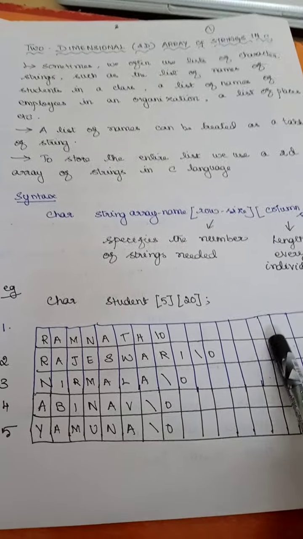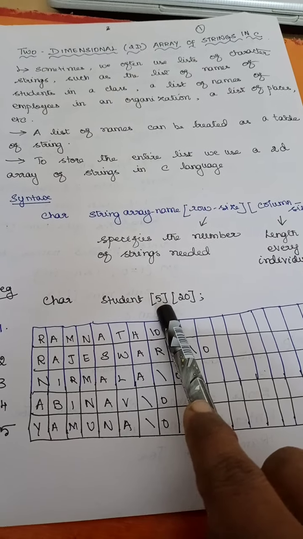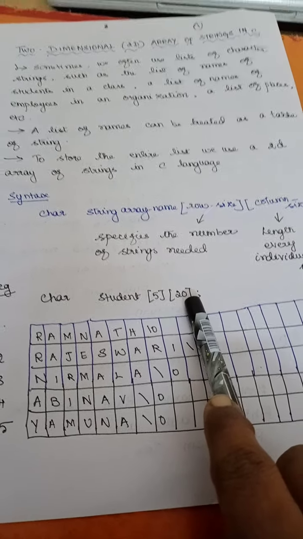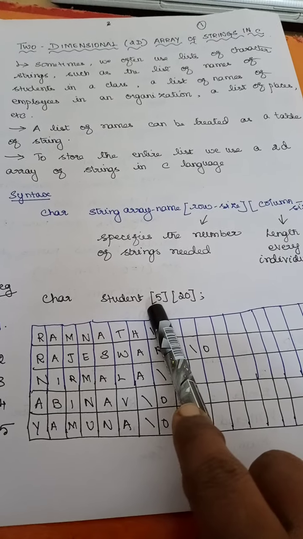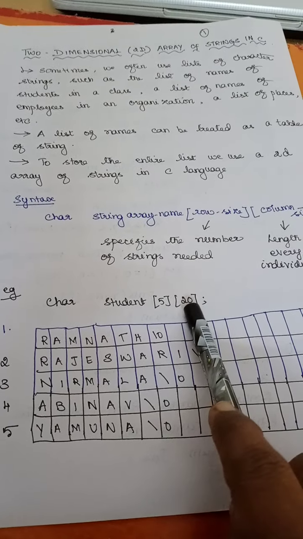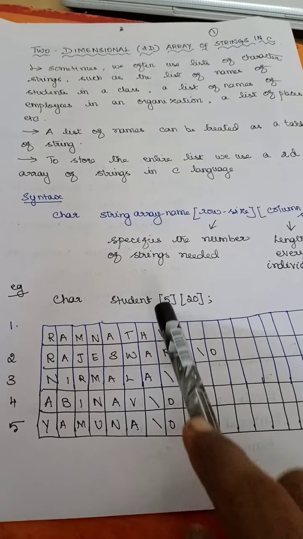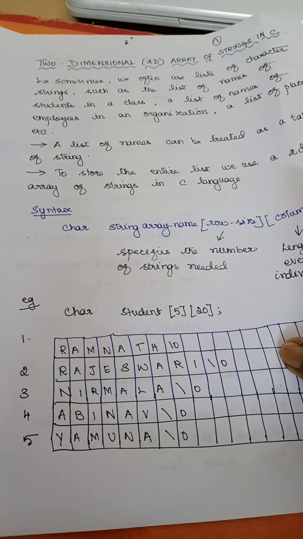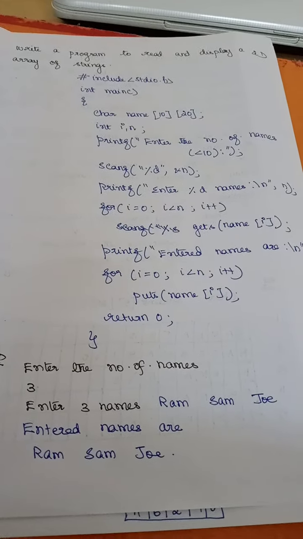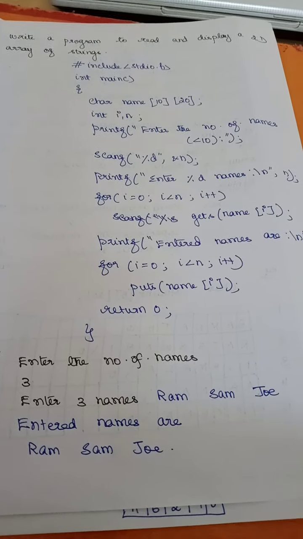So this is an example here. I have given char student[5][20]. So here I will have five character arrays, exactly; that is the meaning of this. Five character arrays, right? And each character array is of length 20, right? So this is going to be the pictorial representation of a two-dimensional array of strings. The remaining things are going to be the same as your two-dimensional array. So directly we'll move on to the programs here.